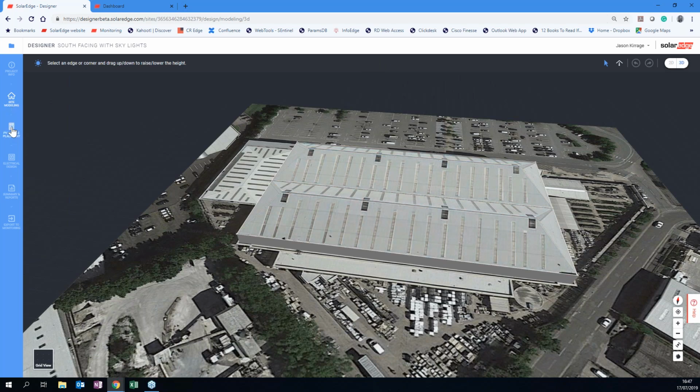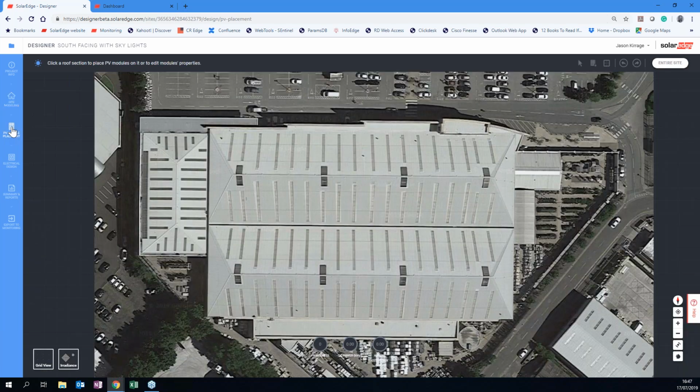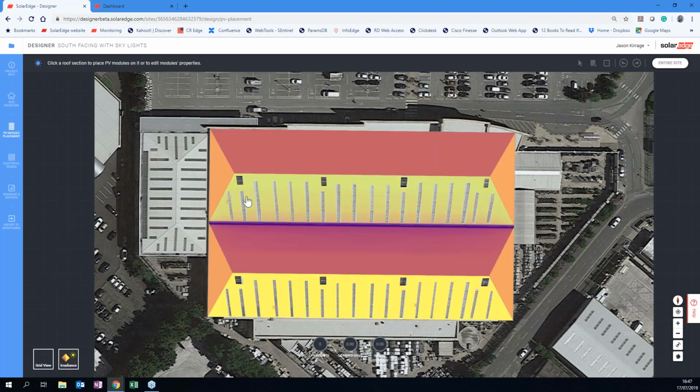Okay, I'm going to go to PV module placement. I've got this roof here and this roof are my best ones because I can do them with Radiance and see which is best. Okay, you can see these are the best. These are obviously okay, the east and west, but you're quite limited because of the angle. So I'm going to